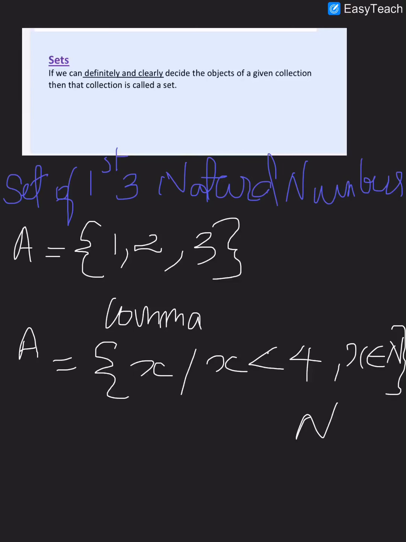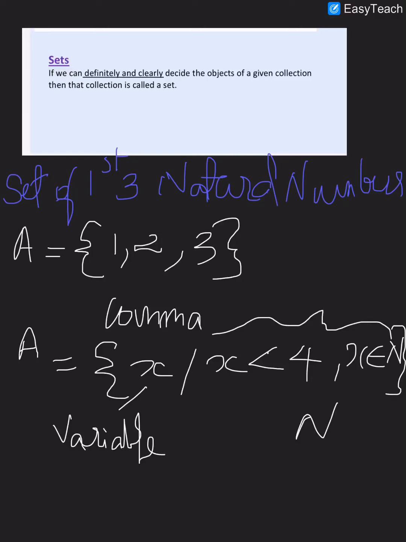You can see here x is a variable, meaning in this set A, the elements are represented by a variable x. x is a representation, and here are the conditions. x must be like this, so these two are the conditions. What are the conditions? x must be less than 4, and less than 4 means what numbers? 1, 2, 3, 0, -1, -2, all the negative numbers are less than 4.